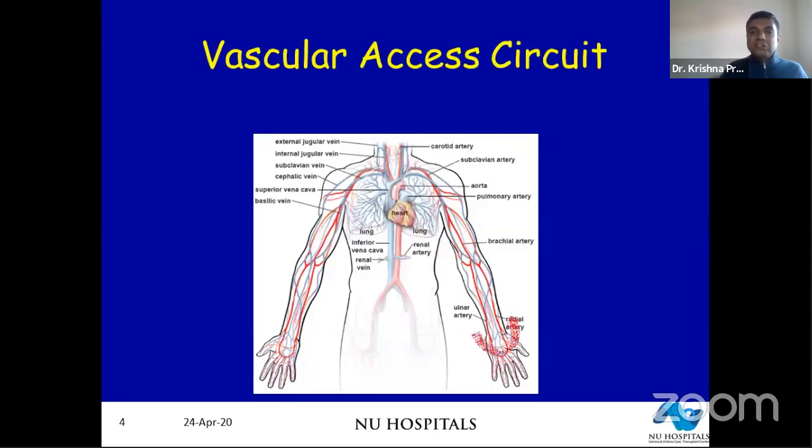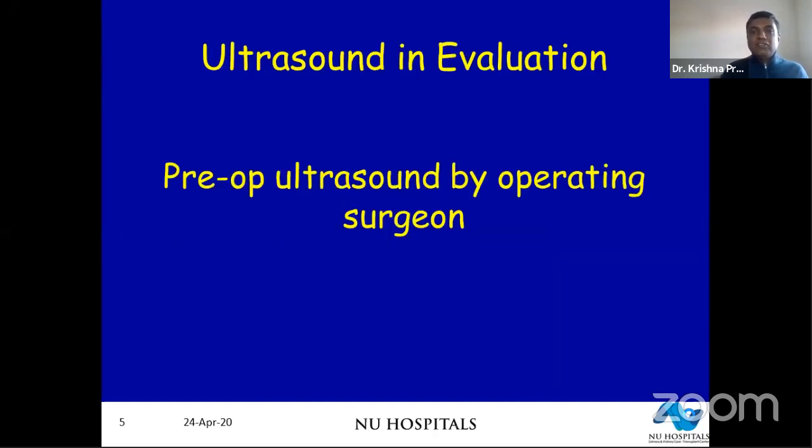To all the residents listening in, I would like to emphasize that you need to understand that the vascular access is a circuit. It begins in the heart and it ends in the heart. You don't see the whole issue as an artery and a vein, which is what we tend to narrow it down to. And when you do that, you find that you probably will have a lot more failures. So understand that it is a circuit. Leave it there, and we'll get on to the evaluation.